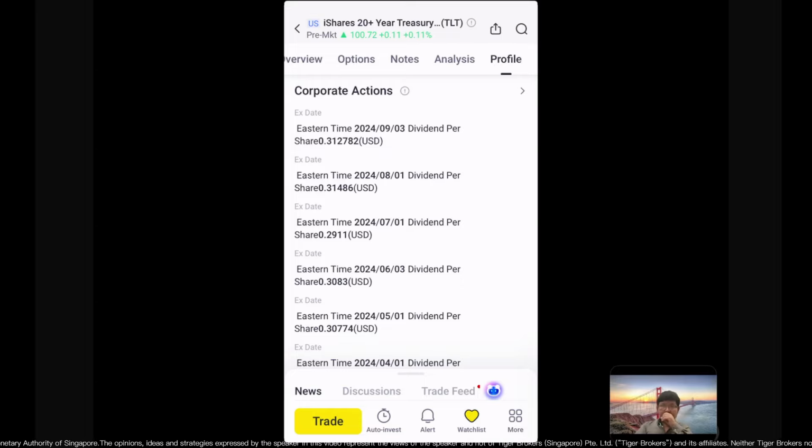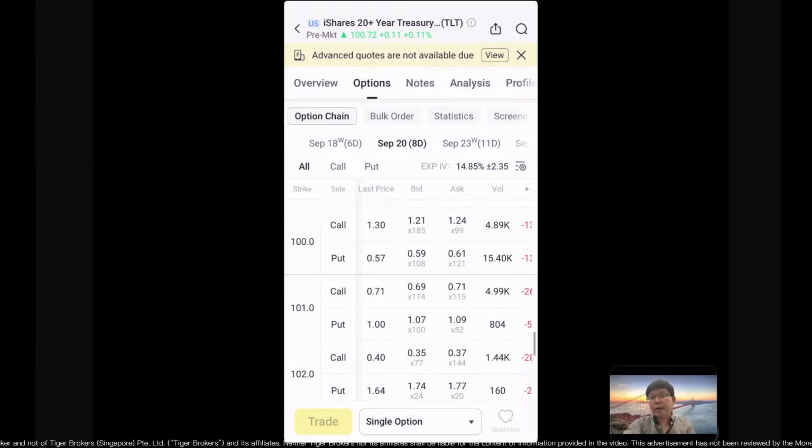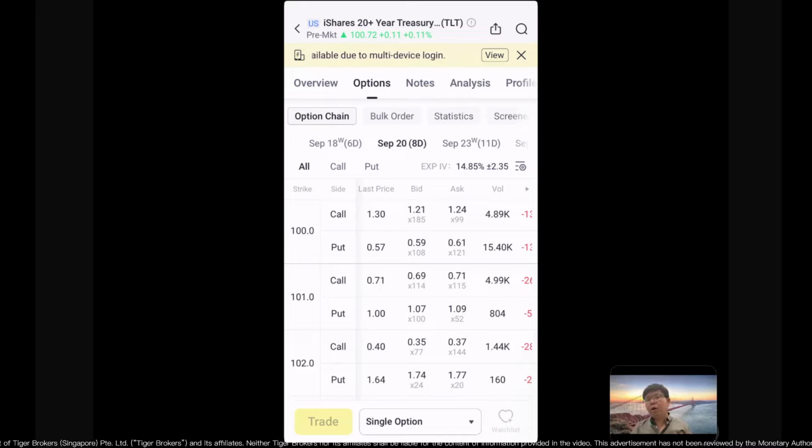Because my name is option puppy, sometimes I buy the TLT or certain stocks. Although I have dividends, I sometimes try to project what will be the maximum points, and then I will sell a call. So on top of the dividends, sometimes I also sell a call option, which is also more than the dividend. There are ways and tricks to get more from stocks or from an ETF like TLT.